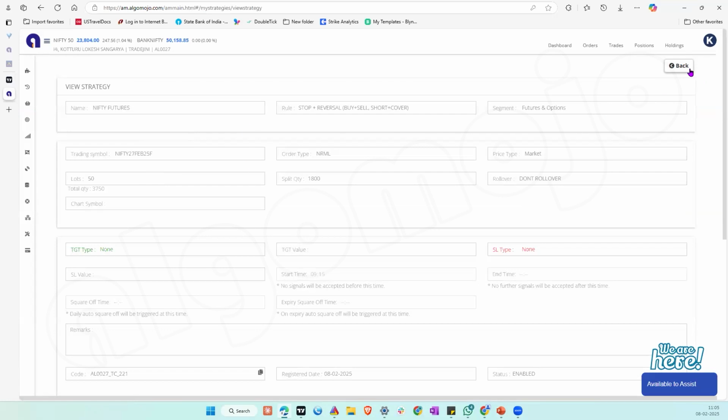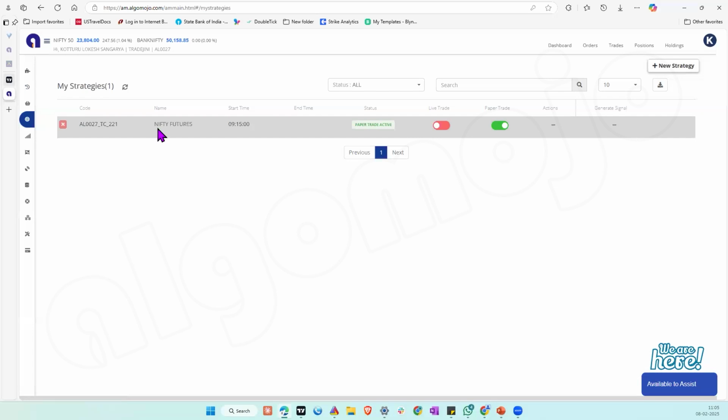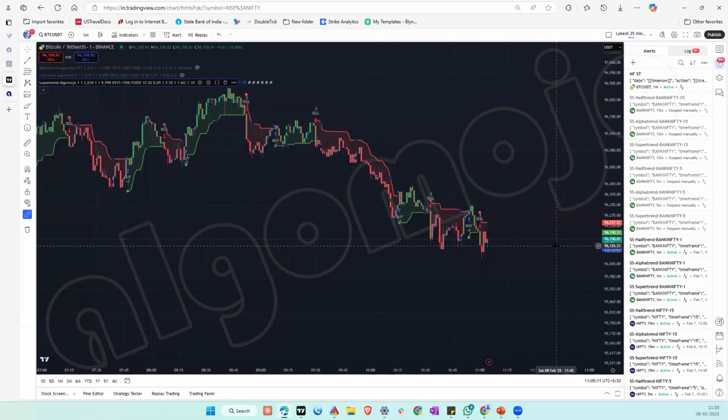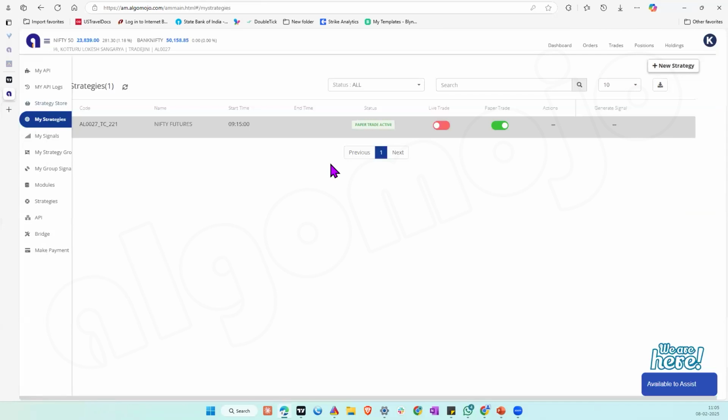Typically, if it was Nifty, you should have selected Nifty itself here. Since we wanted some live signals, I have selected Bitcoin. Otherwise, suppose you load Bank Nifty here and you want to trade in Nifty, not an issue. We'll load Bank Nifty here, and depending on the signal getting generated, orders in Nifty will be placed. So orders will get placed on what you define here